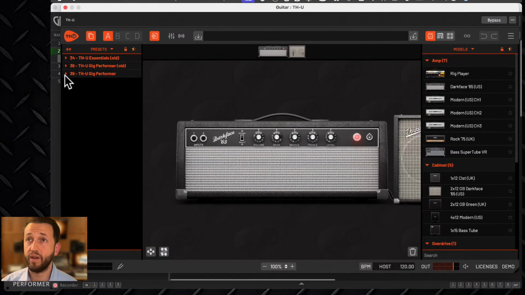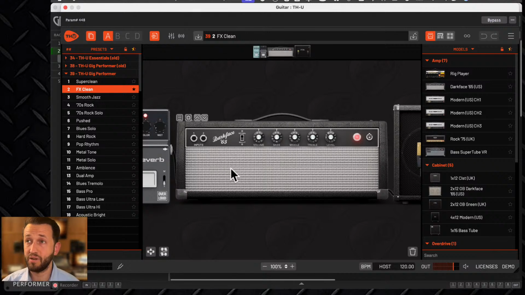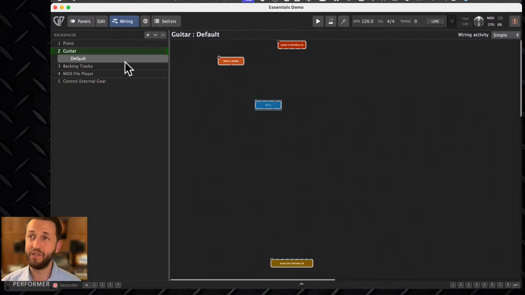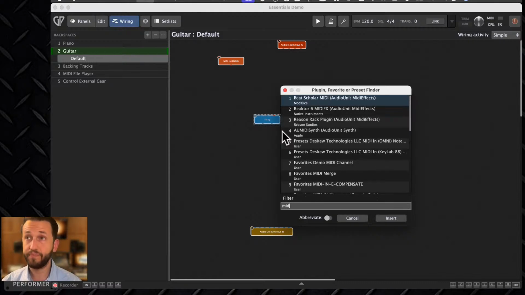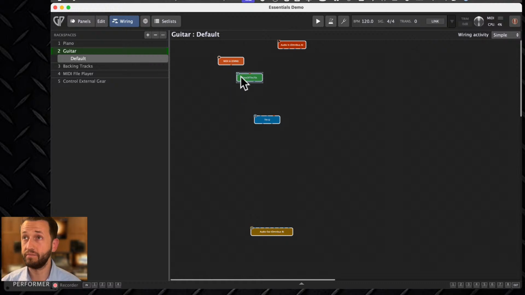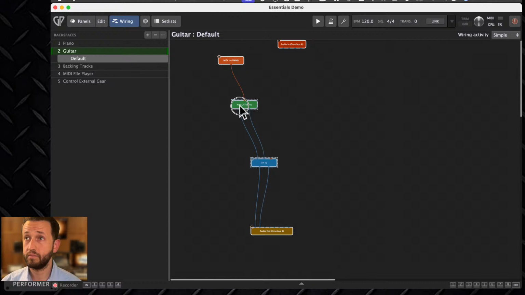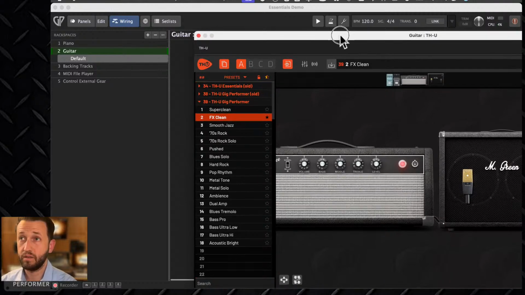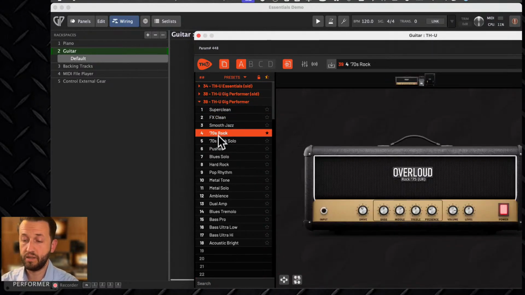So you'll see we have a couple of different options here for pre-made sounds that can be used. And of course, I am not a guitar player, and so unfortunately, I can't fully demo the guitar functionality. But what I can do is bring in a piano plugin and route that through THU, just to give you an idea of what this actually will do. So, when I play this sound now, as I choose these different presets,